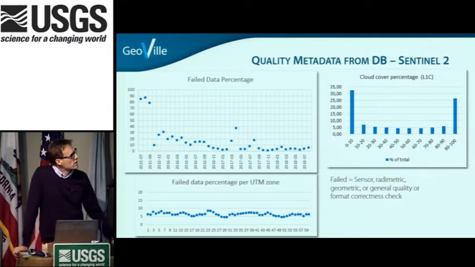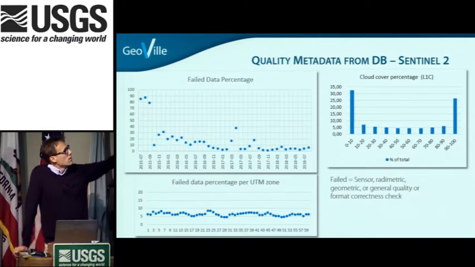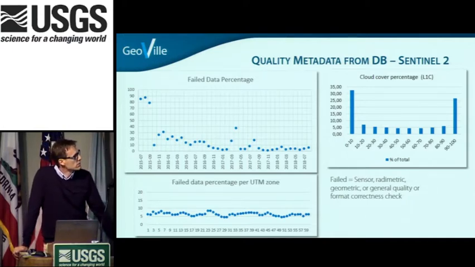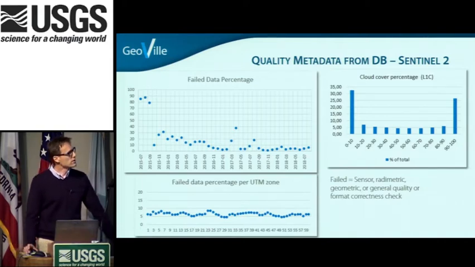left top figure with the commissioning phase of Sentinel-2, of course, initially there were quite some issues, but then, of course, once the sensor got operational, issues decreased, and now we are more or less here on a stable range between 5–6% or so. There's this, I don't know what this wiggle in between means, but in general the data